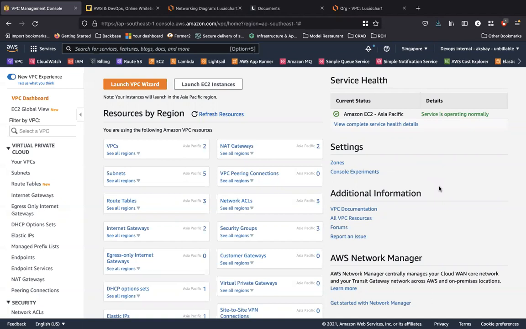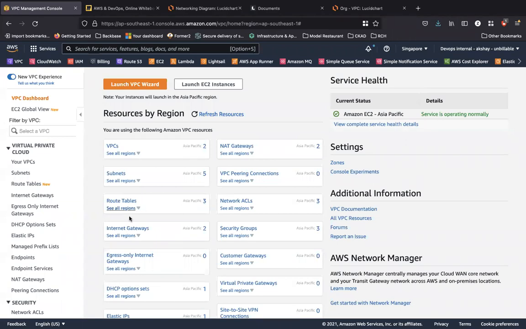What if you had a use case where you would like to handle a lot of IP addresses, but which would serve a common purpose? For example, let's say that you have a lot of developers within your organization who would like to do the same action of probably SSHing into a virtual machine. Or let's say you have a set of IP addresses behind your VPN. And all of your developers, when they connect to the VPN, would get this set range of IP addresses, but it would serve the same purpose. And I would like to aggregate this and manage this as one single entity. How can I do that?